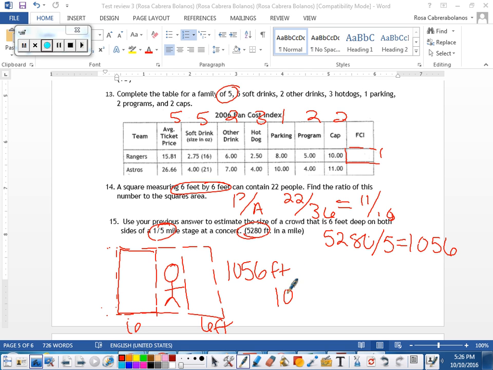So I'm going to do 1,056 times 6, and there's 2 spaces that are the same, so times 6 again, and whatever, sorry, not times 6, times 2, because there's 2 of them. Whatever you get here, you are going to use it to find the area using this answer that you got